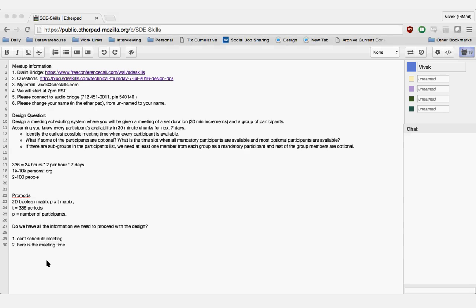So in this question, as it was formed, design a meeting scheduling system where you will be given a meeting of set duration and a group of participants. How I see it is that the meeting room, because it has its own calendar, at least that's how it is implemented in Exchange, is also one of the participants.